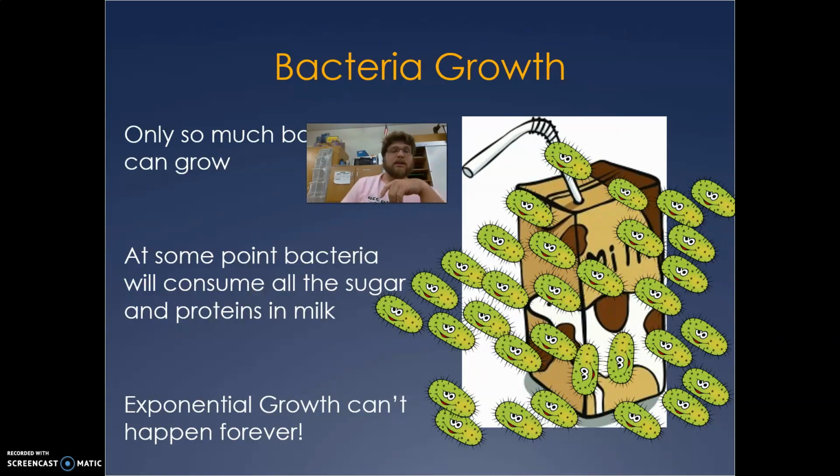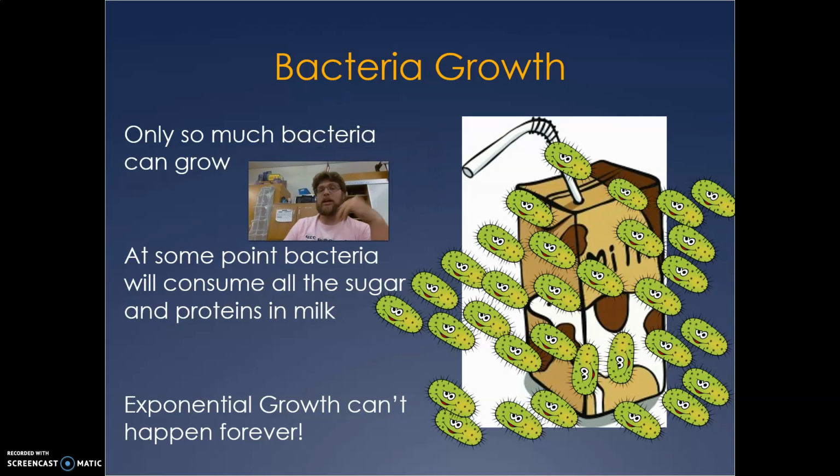Now, that's great. And if you kept feeding this bacteria chocolate milk, kept adding more to your bottle, you can keep getting that exponential growth. But ecosystems aren't constantly being fed resources. Okay, and like this milk bottle, at some point, the milk is going to run out. The bacteria will eat all the sugar. And so this exponential growth can't happen forever. And in ecosystems, it does not happen